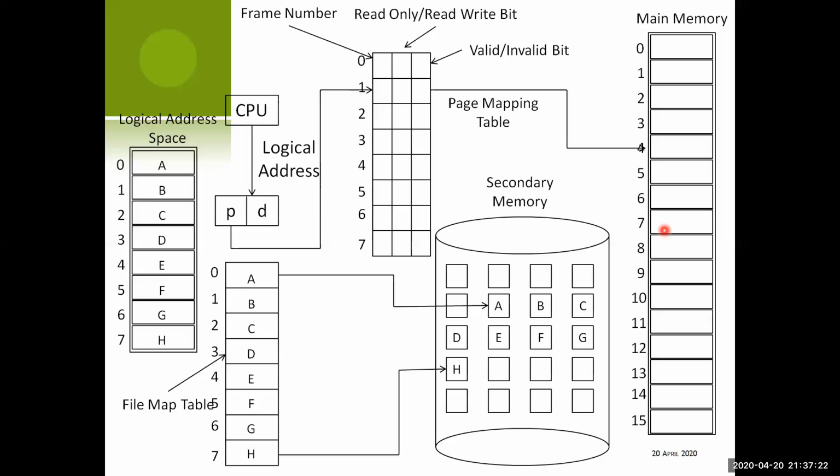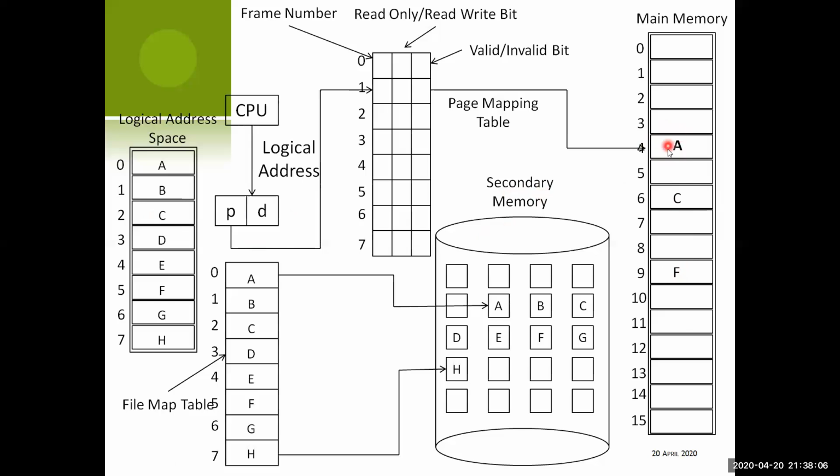But demand paging provides us flexibility because the CPU is executing only one instruction at a time. So one instruction is executed at a time, so there is no need to put all the pages into the main memory. We can put only the pages that are required by the system. So in this example, we are assuming that we need 3 pages to load into the main memory. We have loaded 3 pages into the main memory.